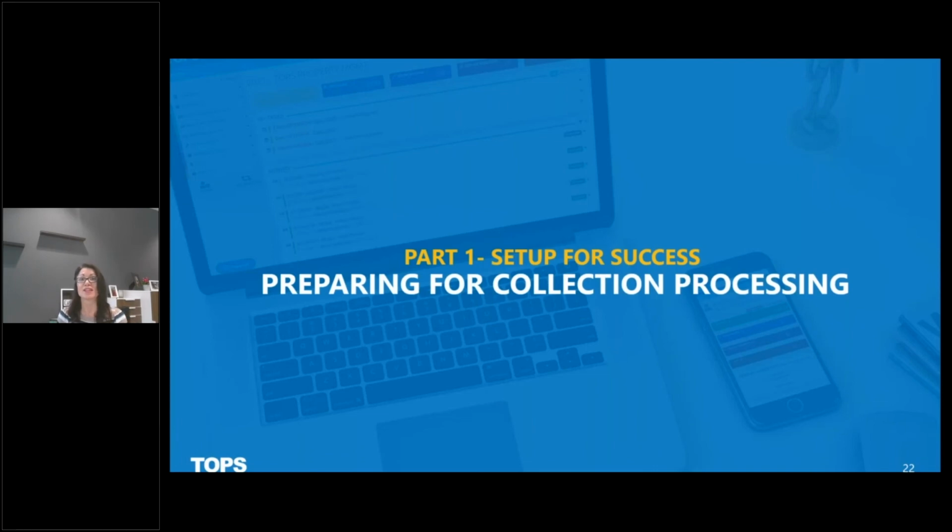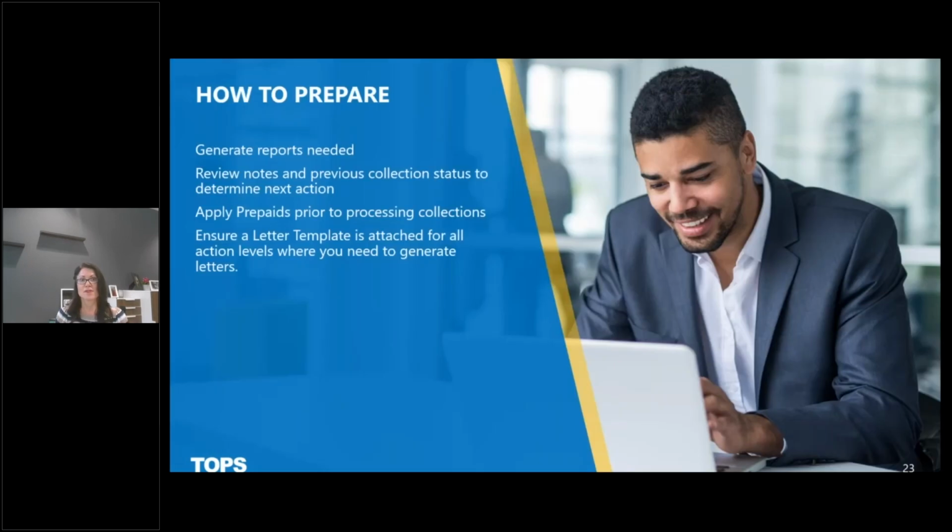Okay, so now that we have our action table ready and doing the heavy lifting for us, I'm going to tell you and really go through why it's critical not only to be prepared, but to also utilize technology to get your collections processed with ease. So first,